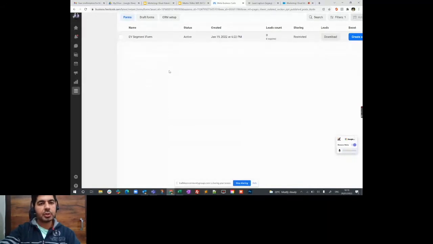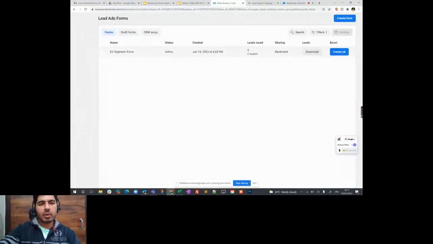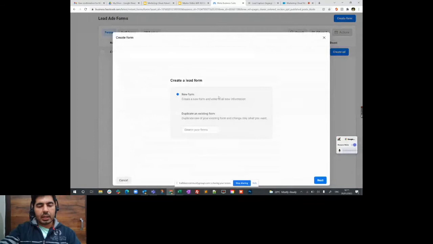lead capture operation. This is the lead capture form that I've already created for the demo. We will try to create another in order to see how an instant form is created. So we have come to this page, and now we will click on create form. Then you can either duplicate an instant form or create a new form. Since the existing form is not related to footwear, we will go for the new form,